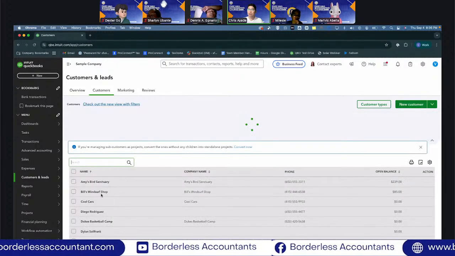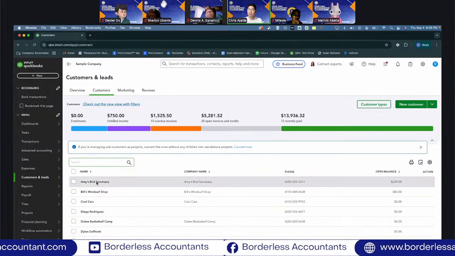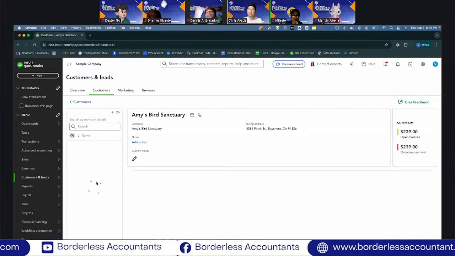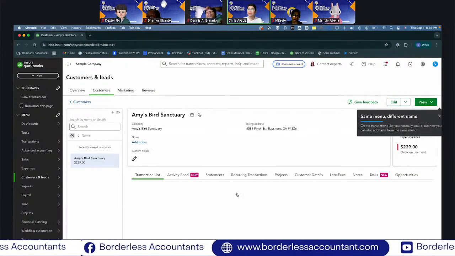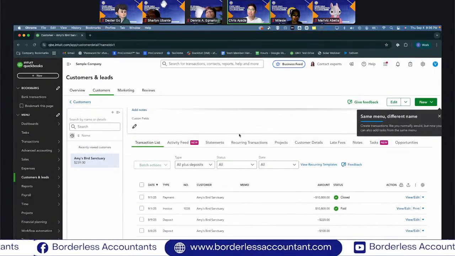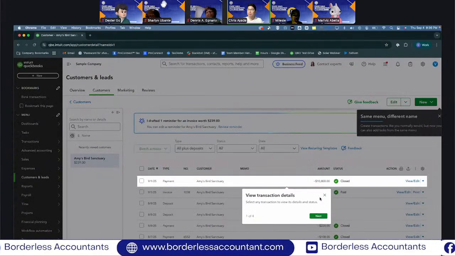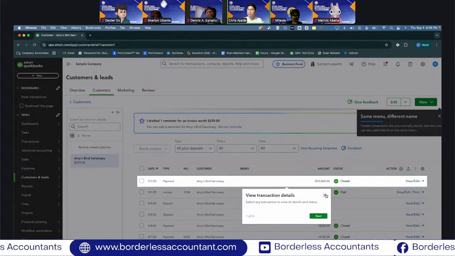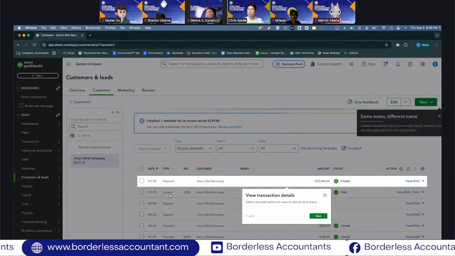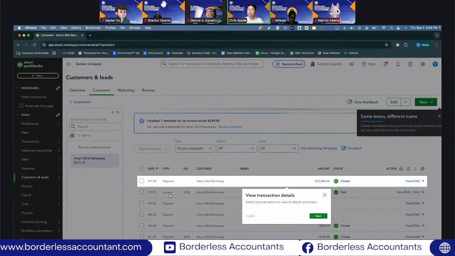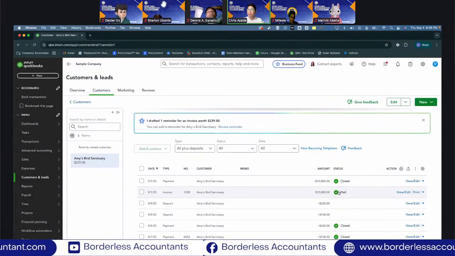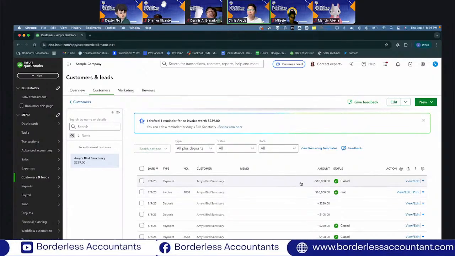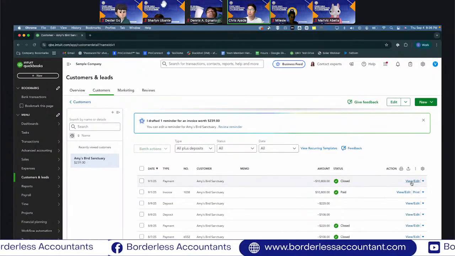So you go open Amy's Bird Sanctuary, and you will see here all the transactions with this client, right? So you can see that on September 1st, an invoice was created, right? Amy's Bird Sanctuary, and that invoice is already paid. So this was the payment, right? And if we view that payment,